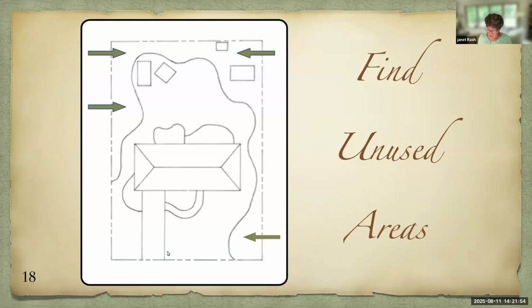So if you've got areas of unused space, as you see here, the arrows pointing to them, try to select some large native trees to plant in those areas and go ahead and get that done. Start on that this fall. Fill those areas up with native trees. Be careful that you're not spending a fortune buying very expensive 4-inch trees from the professional nursery. Go to your local plant sale, master gardener, master naturalist, and buy their smaller native trees. You know how the roots are going to be healthier in the pots than in those giant trees